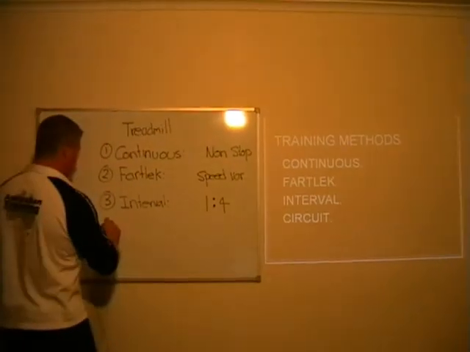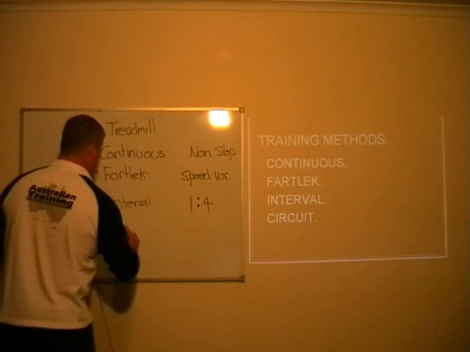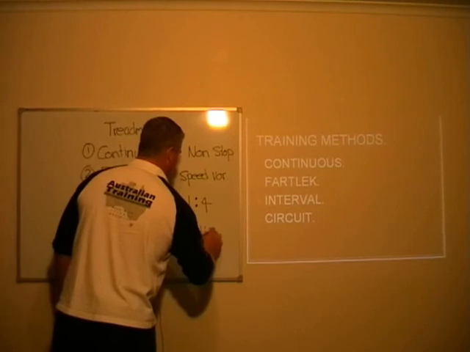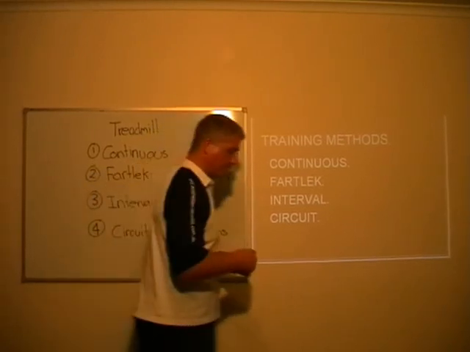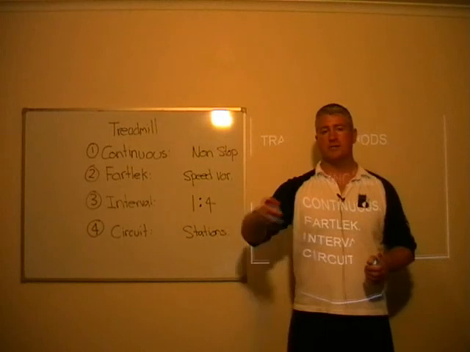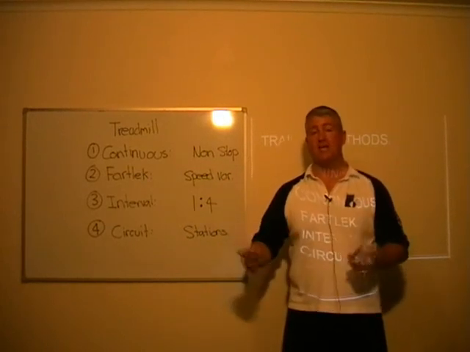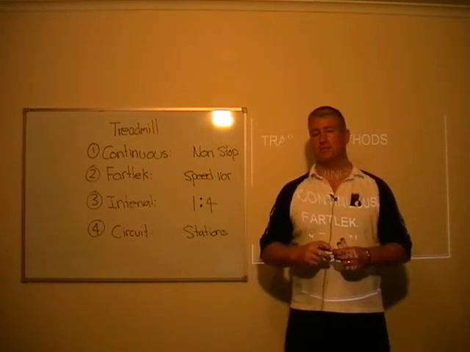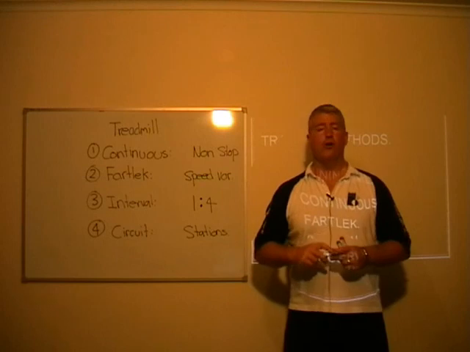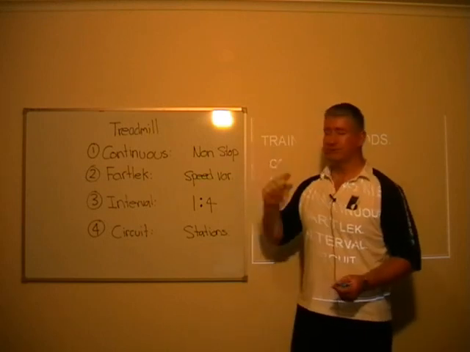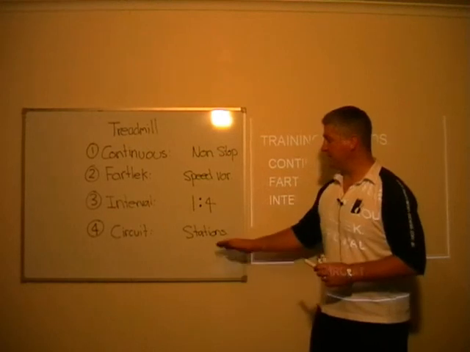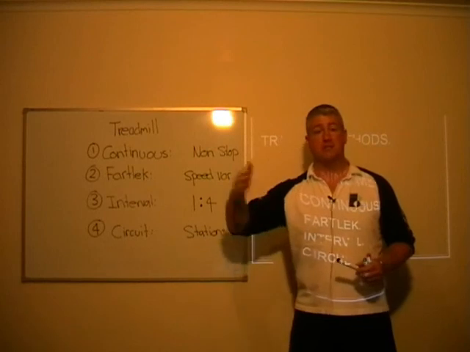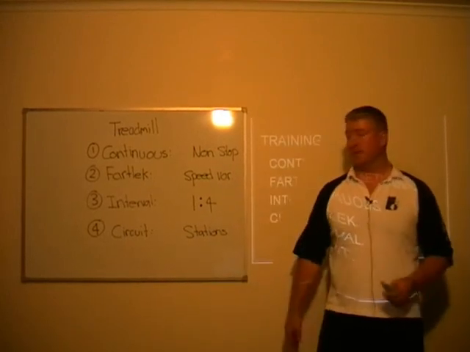And the last one is circuit. And as the name implies, circuit involves stations. So for a 20-minute session, you could have a treadmill, a rower, a stepper and a bicycle set up, 4 stations. The client spends a minute on each one. They go through all 4 stations, spends 4 minutes, and they go through that 5 times, or they do 5 laps of that circuit, which equals 20 minutes. That's utilising different stations, different exercise experience. It's continuous, you're just going from one to the next in 1 minute blocks over a 20-minute period.